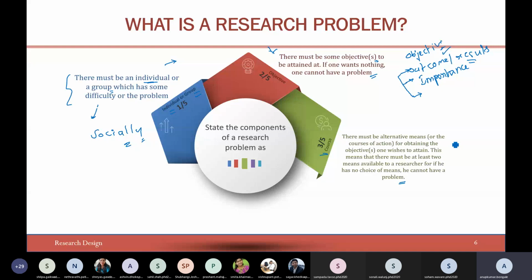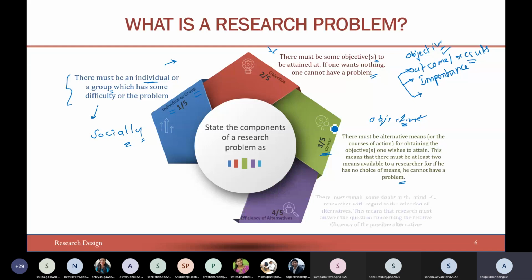What does it mean? You have set an objective, and you have a particular methodology associated with the objective also, right? But what if that methodology does not work? Will you say that research problem can never be solved? You should identify the research problem in such a way that there has to be an alternative course of solutions. One or multiple solutions must be present. So you should think in that direction.